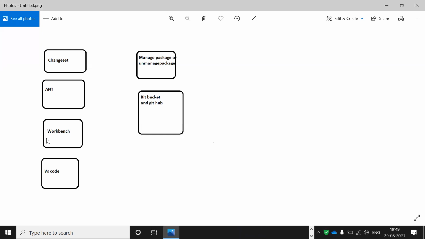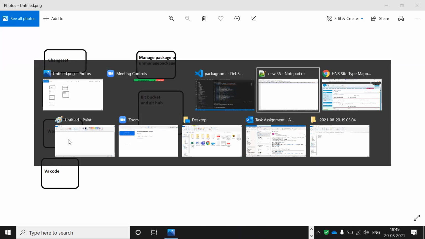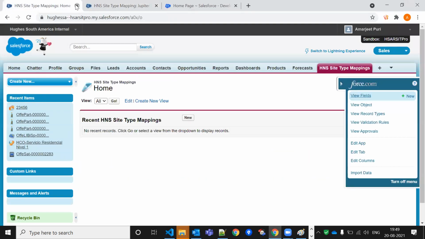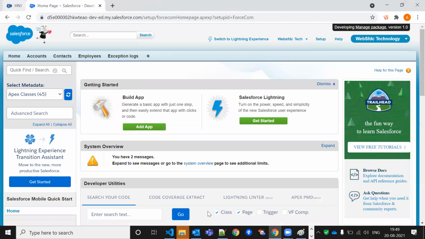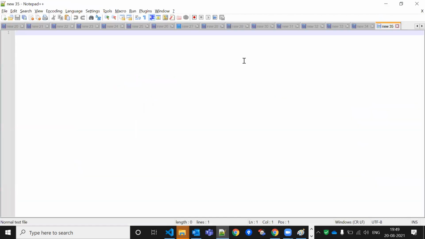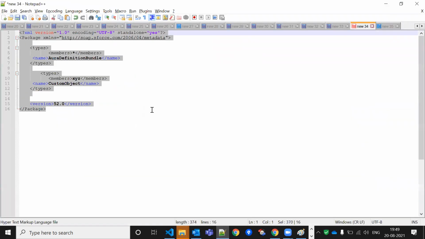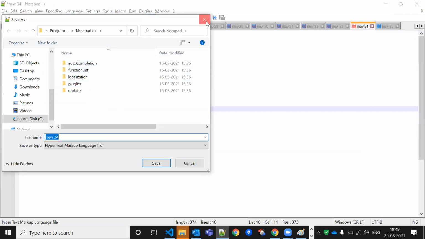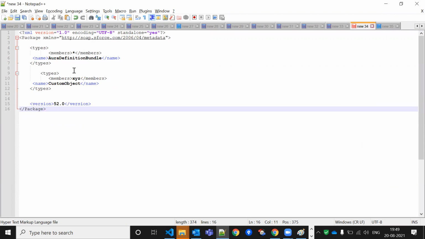In case of Workbench, let me show you how to use package.xml. Suppose I have this package.xml. Let me save it. What I want to do now is capture star, let me write star only.